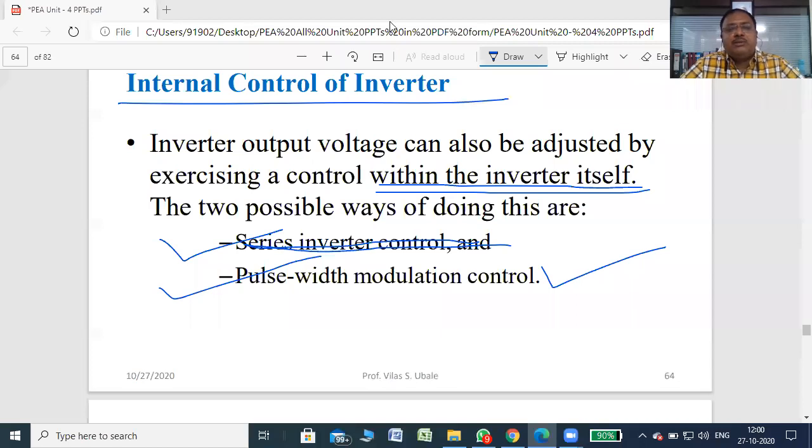Okay, some students are facing connection problems. No problem, they are definitely facing it, but it's not our fault. It's a network fault. So those who have attended or those who are connected can attend the lecture. Other students try to connect.